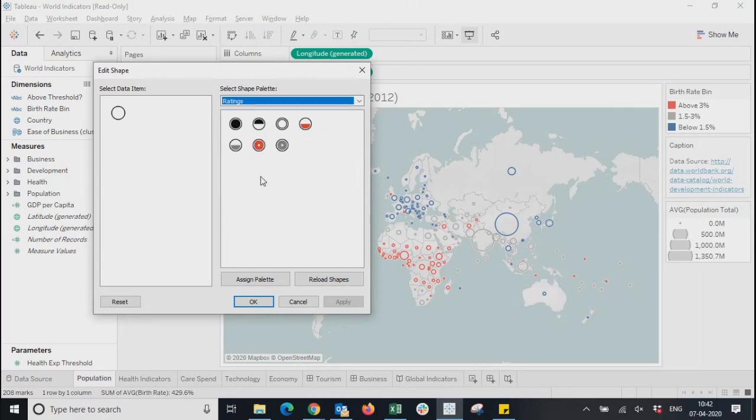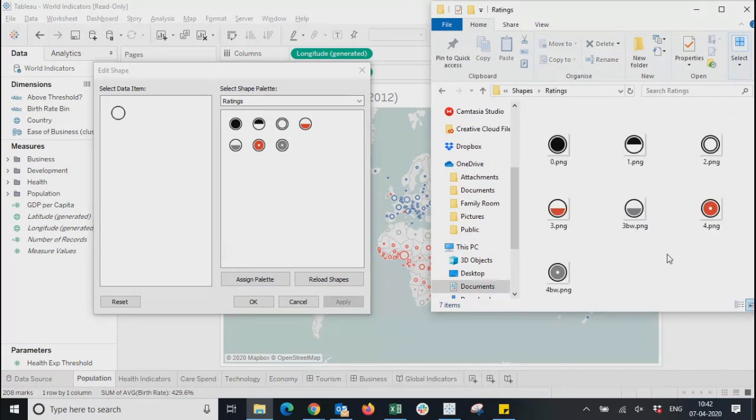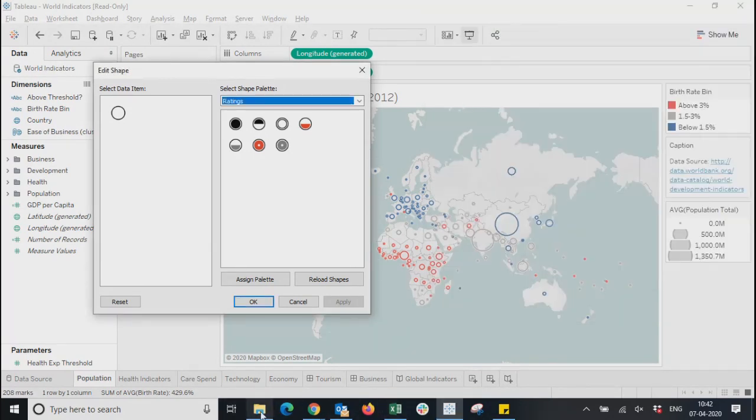Let's say if I go back to that folder and click on ratings, you will have the same thing. This gives you an idea: if you want to use your own images, downloaded from Google or maybe clicked on your mobile, in your reports or dashboards, you can anytime create